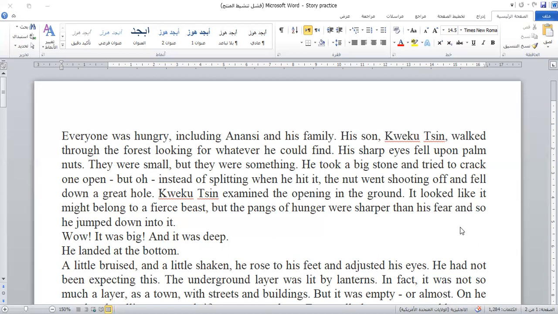How do the characters develop? Does a certain character change along the novel or the story, or does it stay the same? If it does change, how does that change affect the main theme of the story, novel, or any literary work? And if that character remains flat, it doesn't change, then by not changing, how does it affect the story?